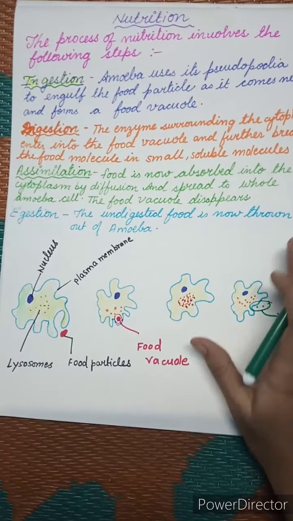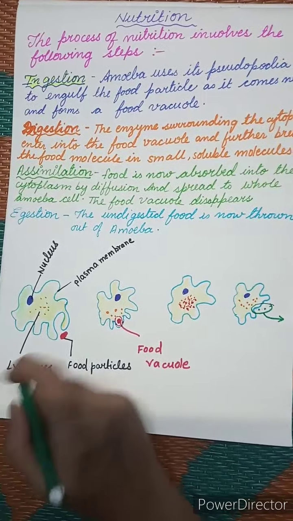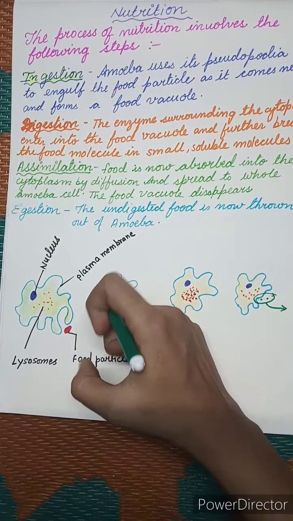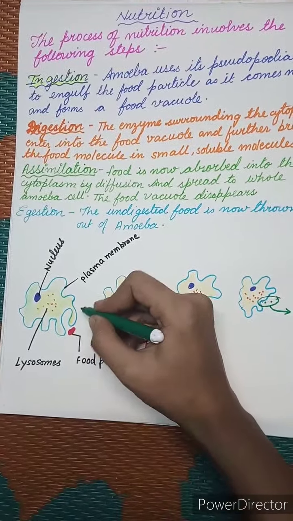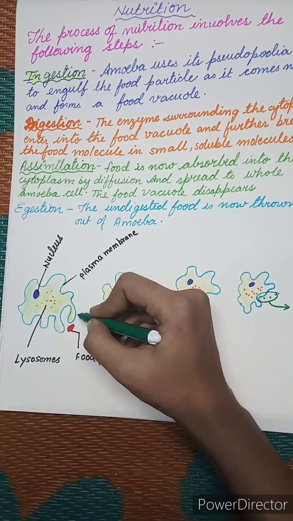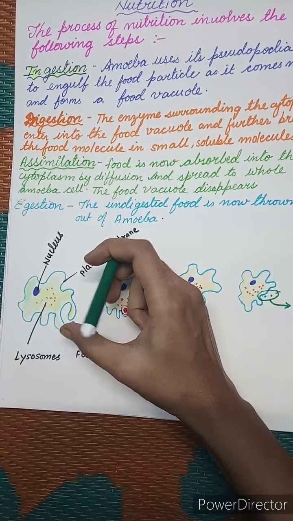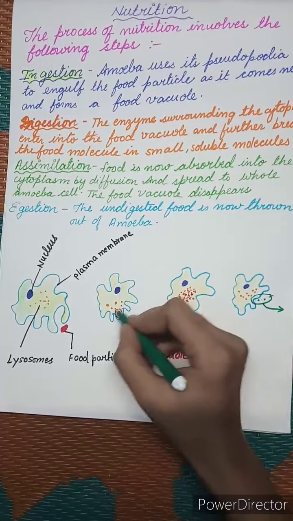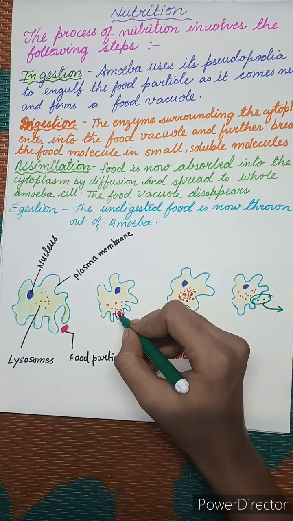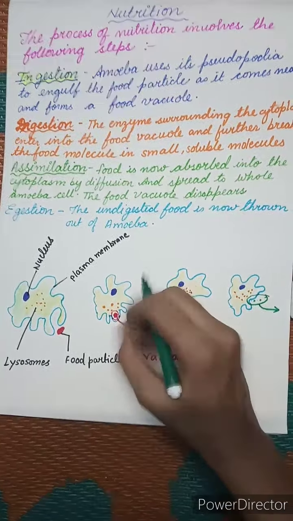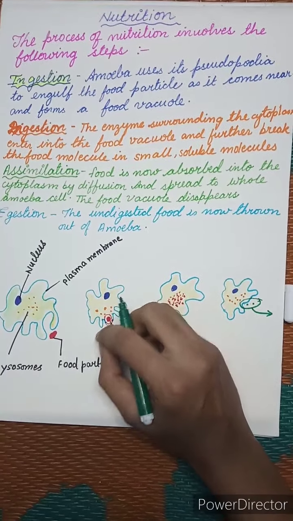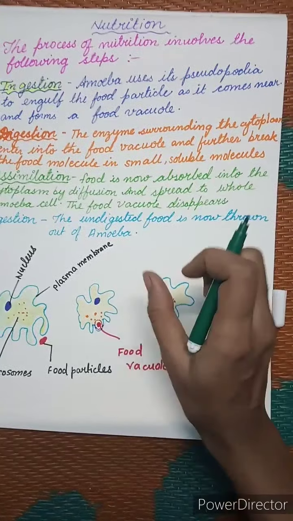So what have we studied about amoeba, how it takes its nutrition. First, as the prey or organism comes near it, it opens its mouth, in the sense it makes its finger-like projection like this, and it will engulf it, means the prey will go inside it, okay? Then it will form the food vacuole, and then the food vacuole will break down. As the lysosome surrounds it, the food vacuole will be broken down into small soluble molecules,